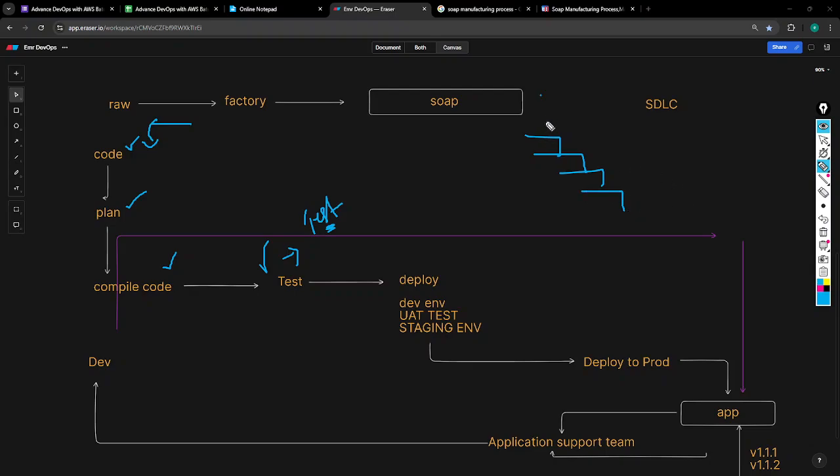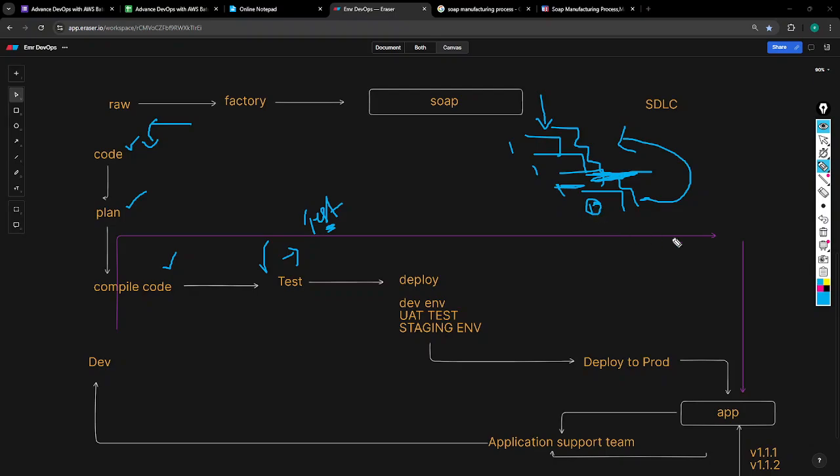So there is a step. If you pour the water here, the water will go downstream only. If you break this water flow here, does this water go up again? No. Same way here also, waterfall method. After planning, code, compile and test, and if it fails in compiling, you cannot reuse this code, cannot modify this code. That is the waterfall method. Around 1999, 1997, 2001, that time we had the waterfall method.